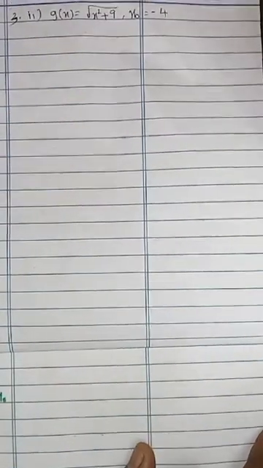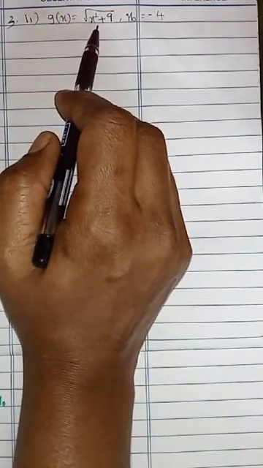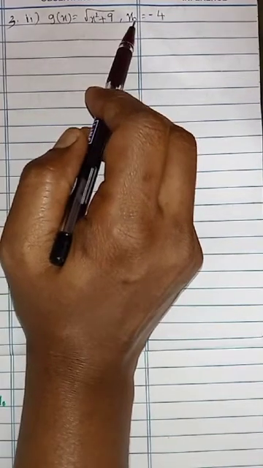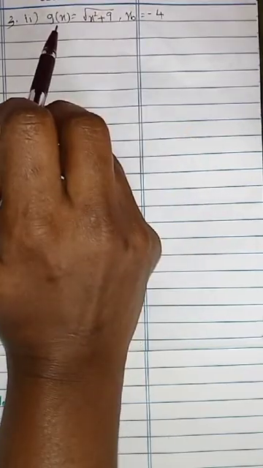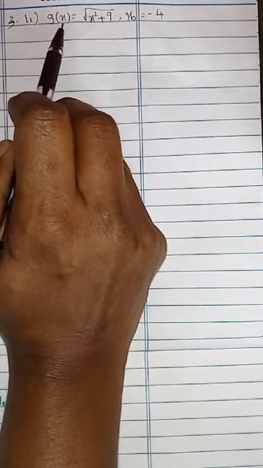Now, third question. Find the linear approximation for the following function at the indicated point. So here also we are going to find the linear approximation. Now, second subdivision. It is given that g of x equals square root of x square plus 9 at x naught equal to minus 4. To find the linear approximation, we want g of x naught and g dash of x naught, correct? So first, the solution.